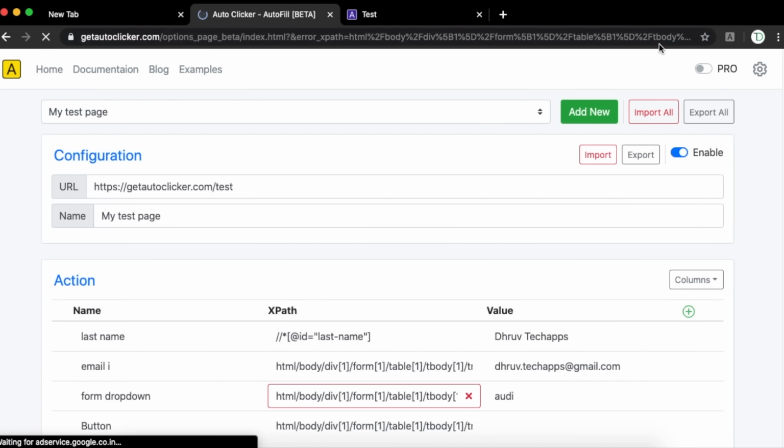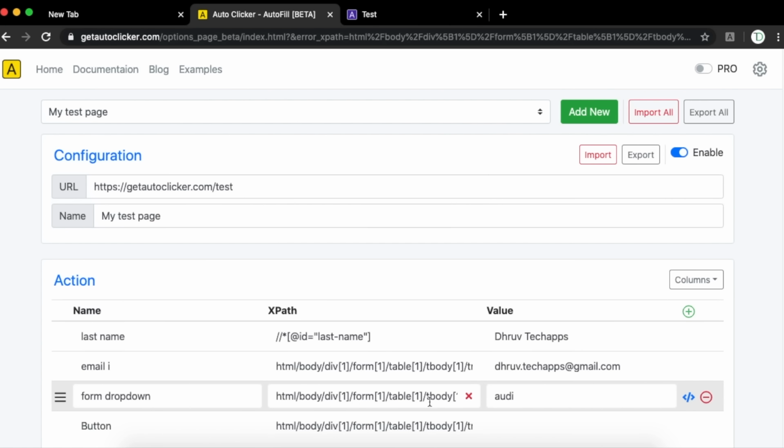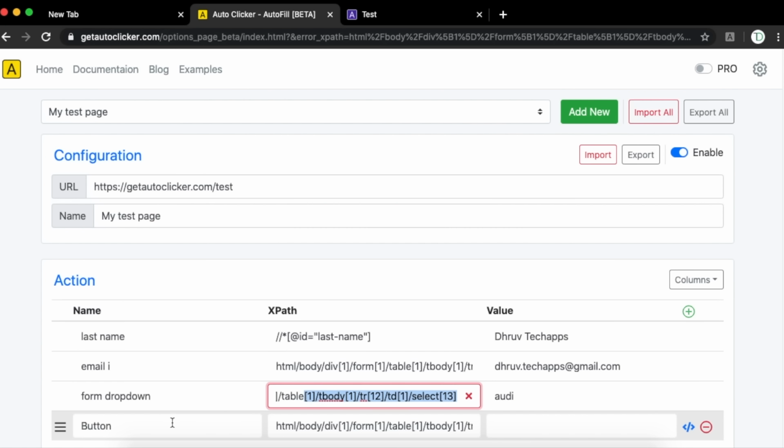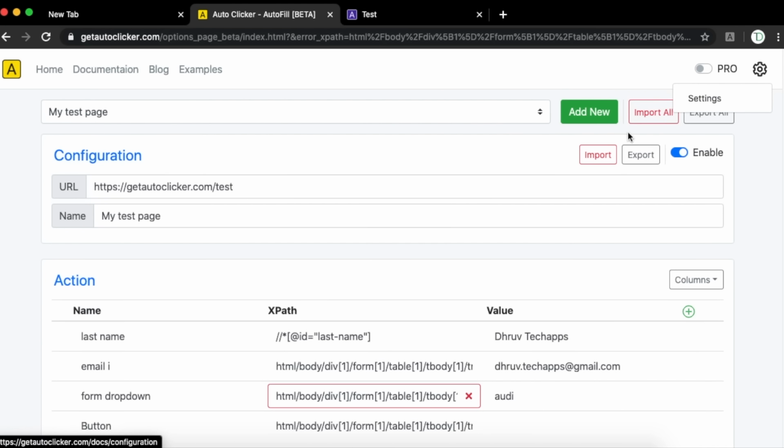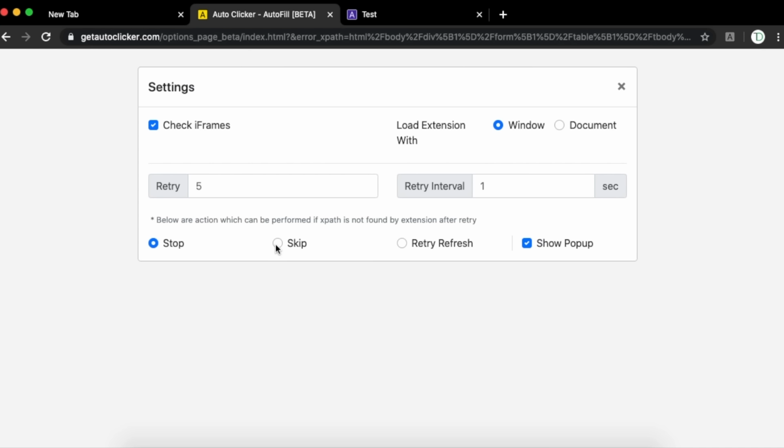you click on that notification it will redirect you to the configuration page with the error highlighted in red. You might have noticed you haven't seen the hello world pop up from the button. It's because of the retry option we have selected as stop. We will try skip now,